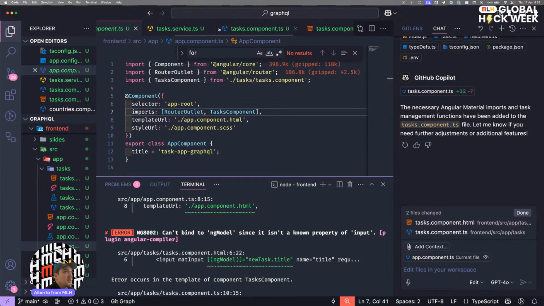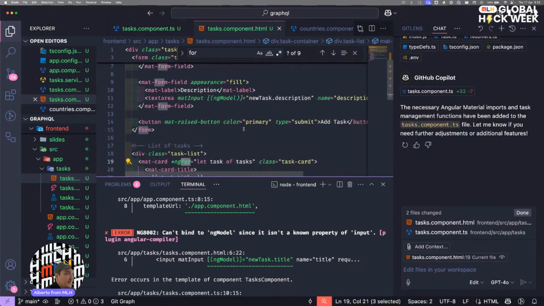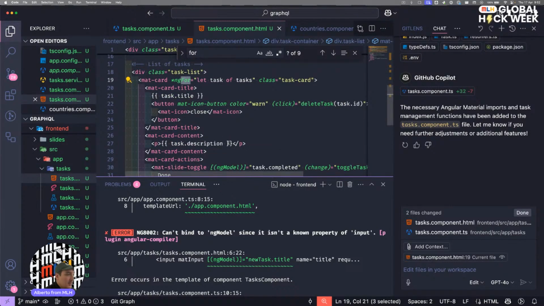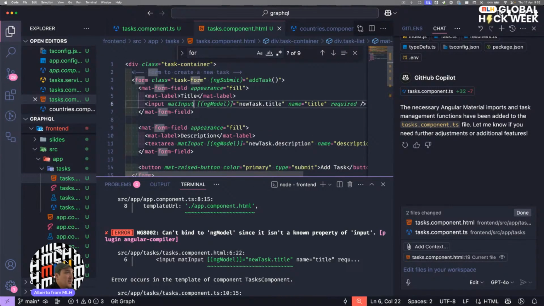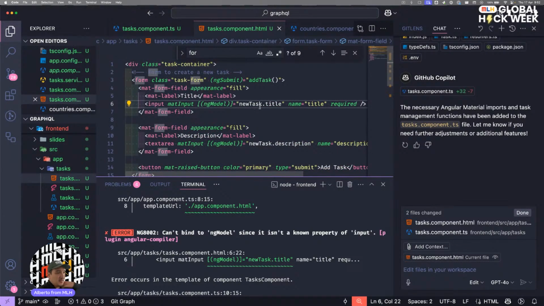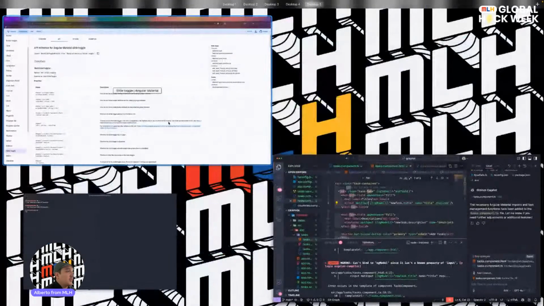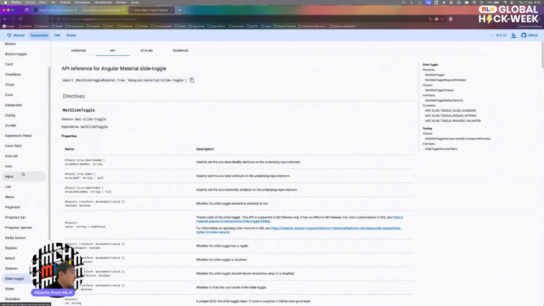That's on the task HTML. Number 6, mat input ngModel new task dot title. Can't bind to ngModel, it's not a known property. Oh yeah, because we are using material input, so probably